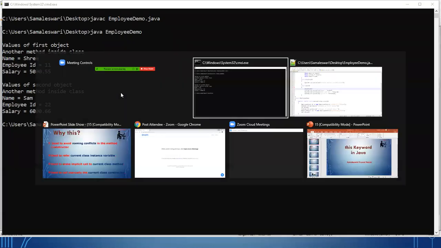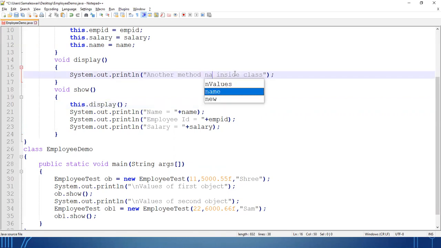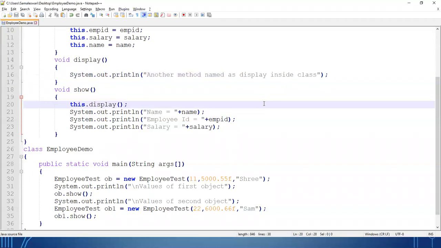But this concept can be modified by using the this keyword also. This is one advantage: if you write this.display, it will also work. So you write a message and another method named display. You are using the this keyword to check whether both concepts are the same or different.